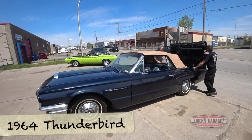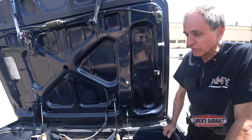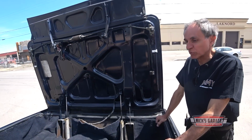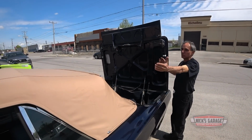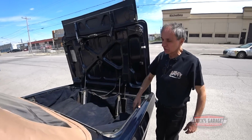This is a 64 T-Bird convertible. It's a pretty unique piece. It's got a few cylinders. It's got quite a few relays that activates with the push of one button that does everything. The trunk opens up, the roof comes up, roof closes, this folds in, and then the trunk closes under one